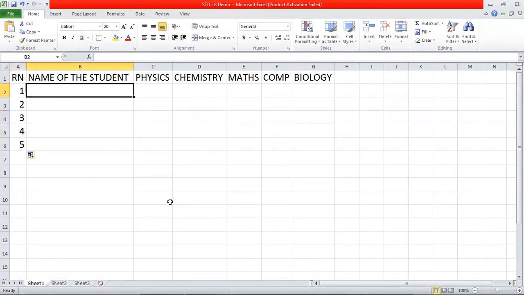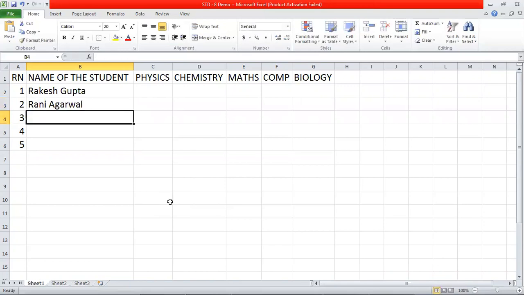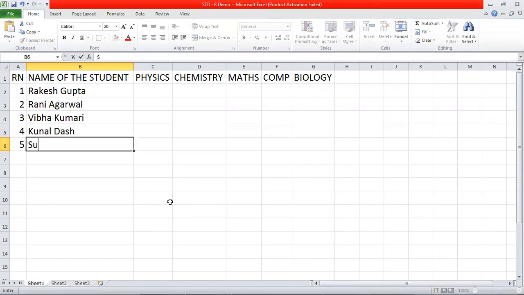Now suppose the name of the student is Rakesh Gupta. Then Rani Agarwal. Then Vibha Kumari. Then Kunal Das. And then Shubhranshu Samal. Suppose Rakesh Gupta in physics, suppose every subject is carrying out of